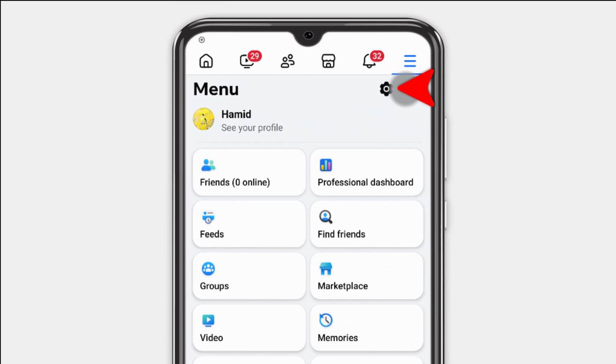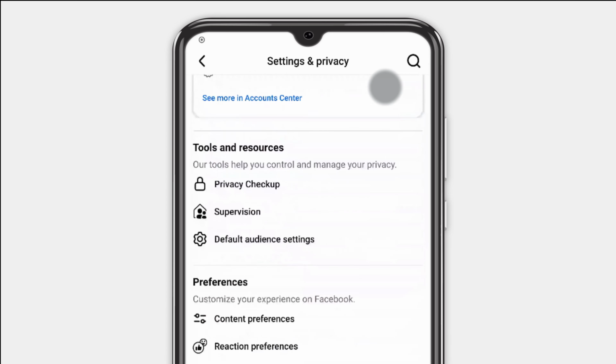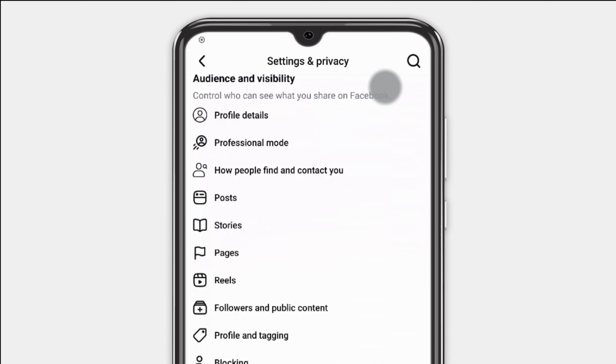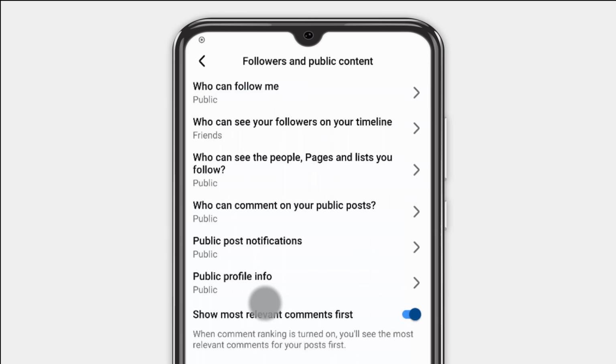Tap the gear icon to open Settings. Once inside Settings, find the Audience and Visibility section. Tap Followers and Public Content, and change everything from public to friends. This ensures that only people you've added as friends can follow your updates, comment on your posts, and engage with